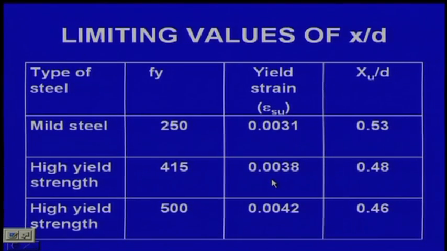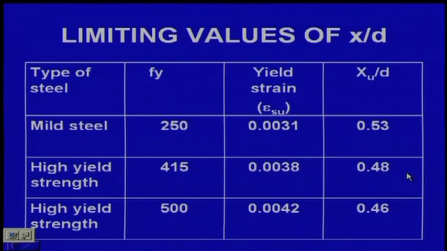So, please note for concrete 0.0035, most of the cases we use Fe415. So, we should note the limiting strain, which is nothing but 0.0038. At least you should remember these two values, 0.0035 for concrete and for the steel maximum used Fe415 0.0038, and we can get the limiting values